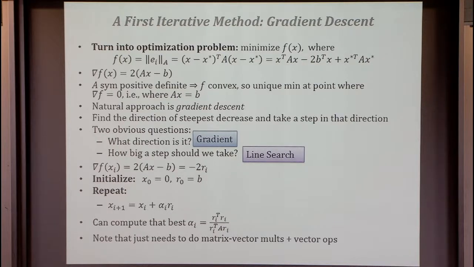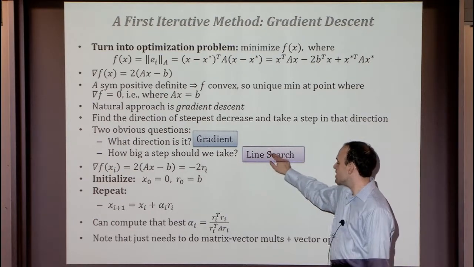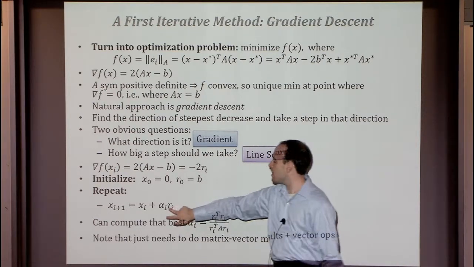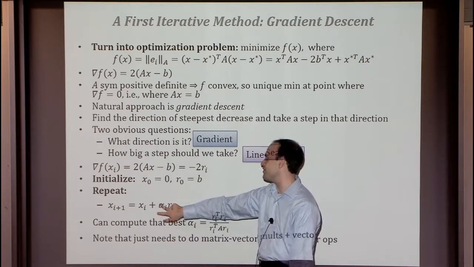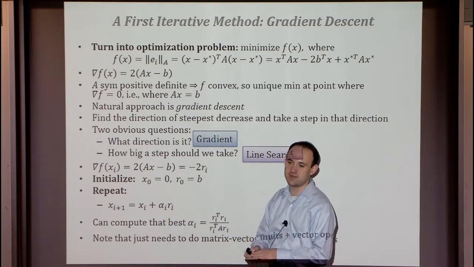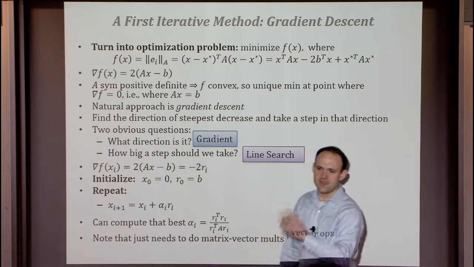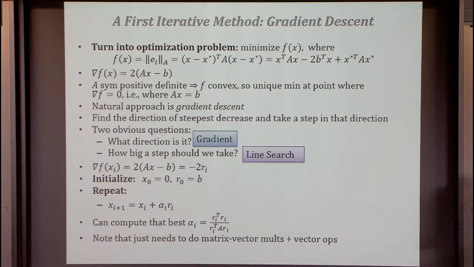And it's worth noting that it does fit my description of an iterative method, right? If you notice, all we ever have to do... Best in what sense? Sorry? Best in what sense? The line search sense. So you take the line, R_i gives you, you take all alpha, so it's a line, and you take the one that minimizes the objective function along the line. It's just the restriction of a quadratic that I just solved for.